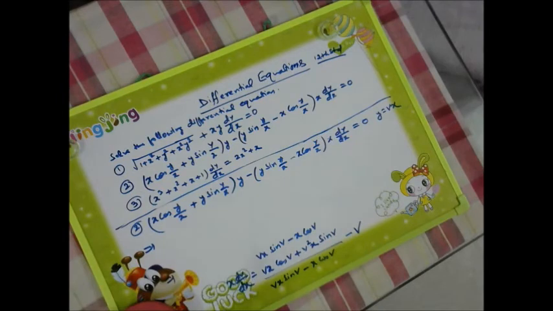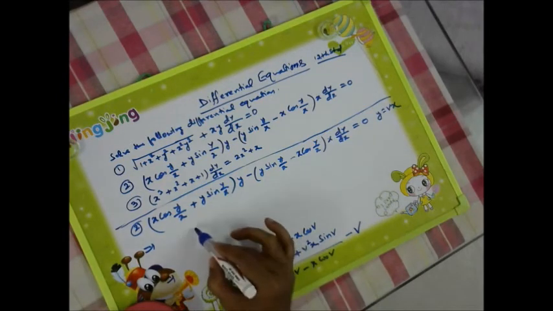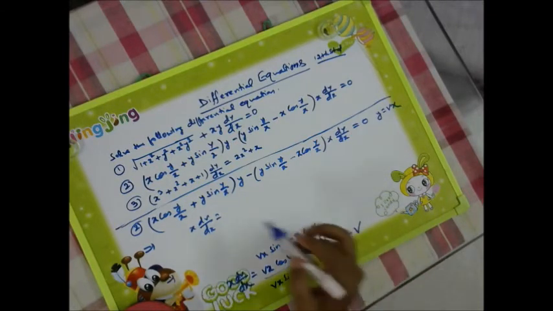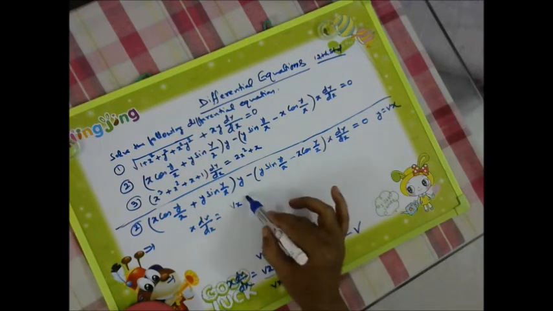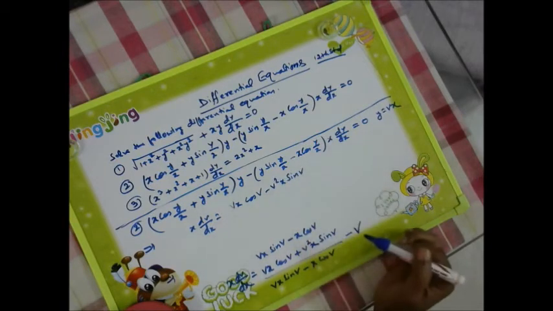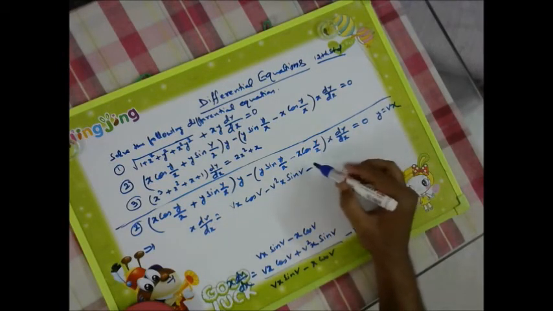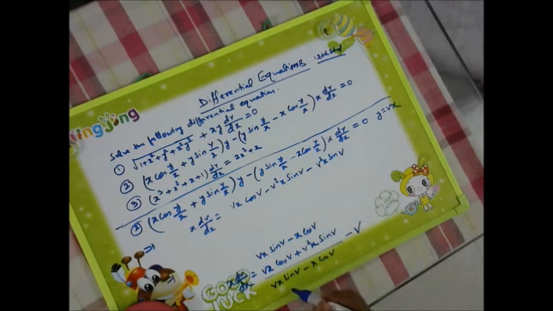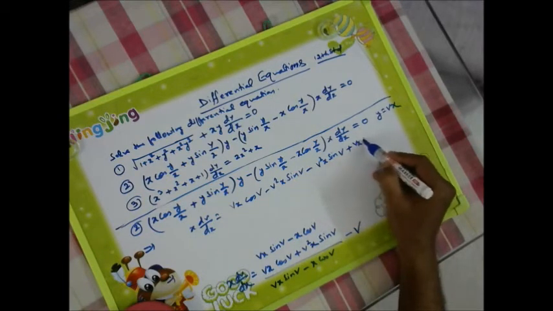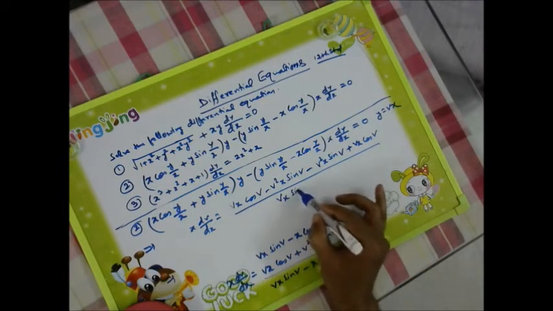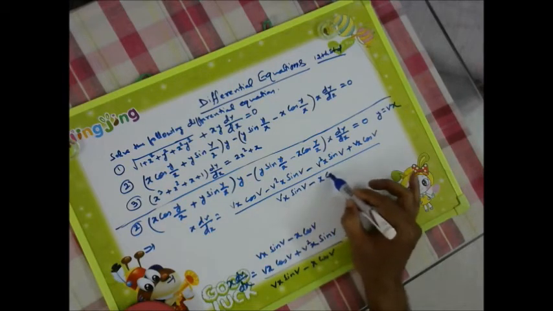So from here, now we are going for x dv by dx is equal to, so Vx cos V minus V square x sin V, and then again minus V square x sin V due to this LCM, and then again minus minus will plus, so Vx cos V divided by Vx sin V minus x cos V.